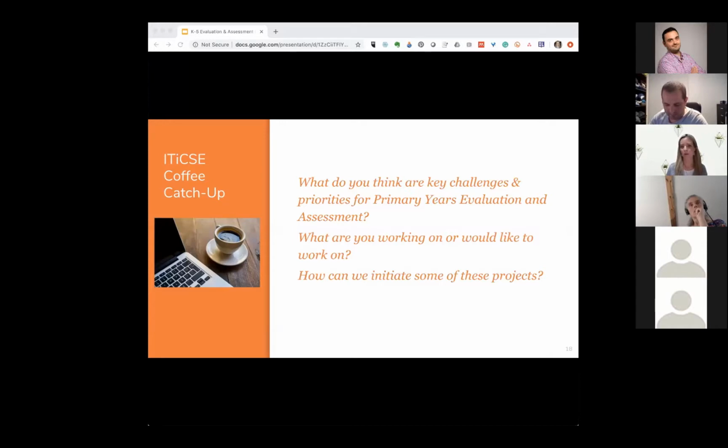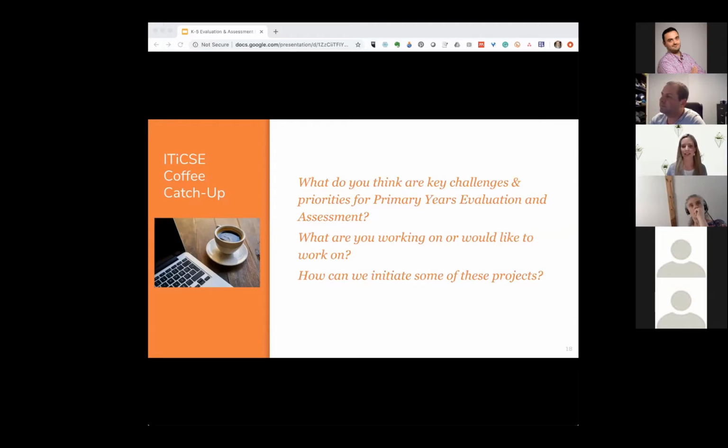And by starting with what we felt were the fundamentals, despite all the priorities we had, we felt that working with the foundations of learning progressions, key assessment and evaluation categories, and leveraging the work that already exists, we could really continue to build a platform to support teachers in the K to 5 space, as well as emerging research. So we're quite keen to hear what you think as well.